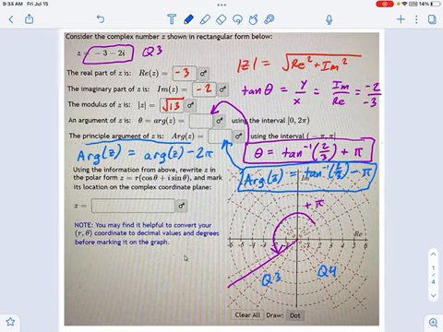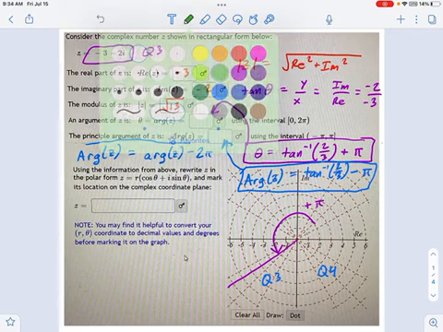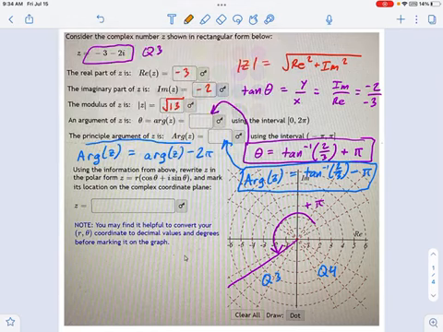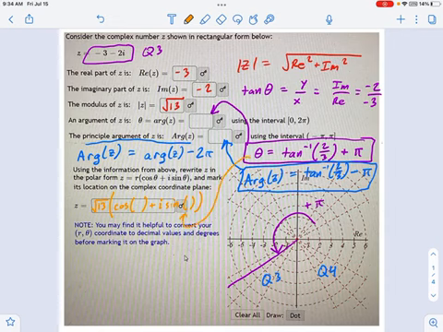They just are. Now, last part, when you're writing this in polar coordinates, here's what we have to do. You're going to keep r as is, right? R is radical 13. And you're going to multiply it by the cosine of theta. And then you're going to say plus i sine of theta. Well, theta is this thing, right? This is theta, this argument. So yes, this answer will get a little big, and it's because we have inverse tangents that we can't resolve. But that's how you have to write it in polar form.